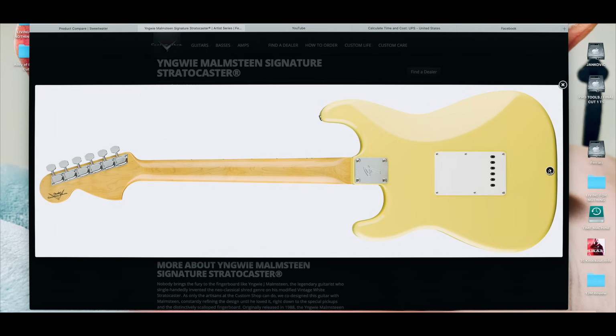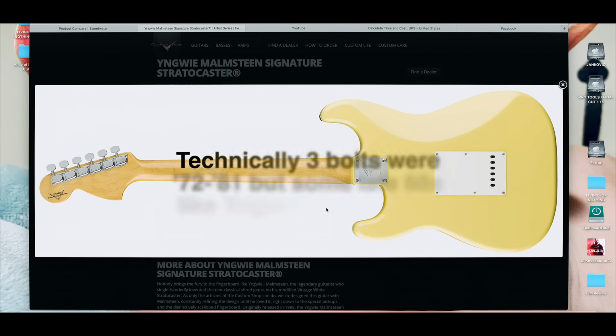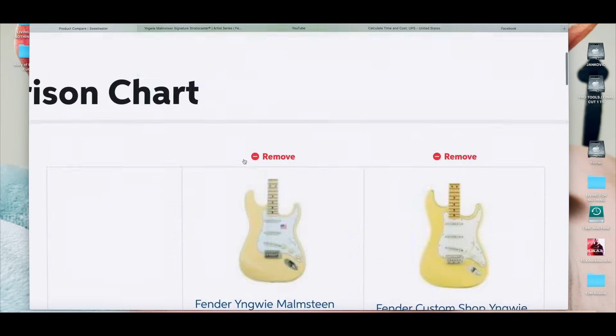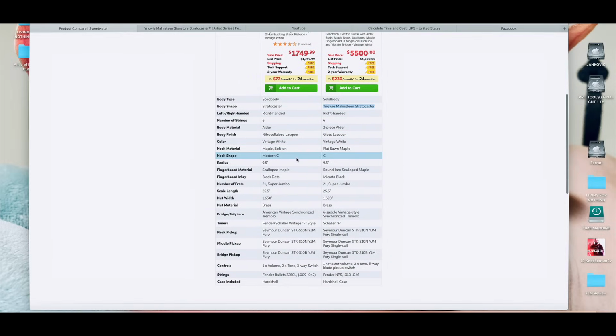This guitar is really a '68 reissue, guys, with the difference being that Yngwie put on it what he liked the most. '68 had the 3-bolt. He changed it to 4. And, you know, the main Strat he plays nowadays, which I give him a lot of props for, is this one. So if you go on tour and you see him, you'll mostly see him with his actual signature model, short of playing his real '68s and early '70s, which he loves. But, you know, obviously those are huge differences